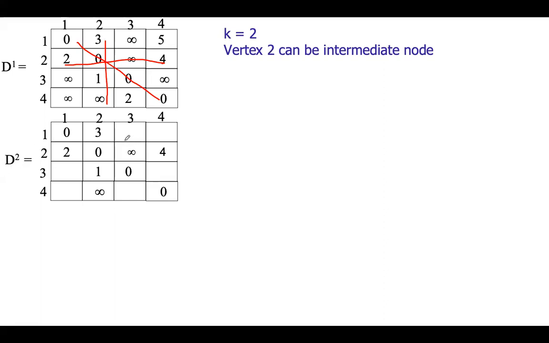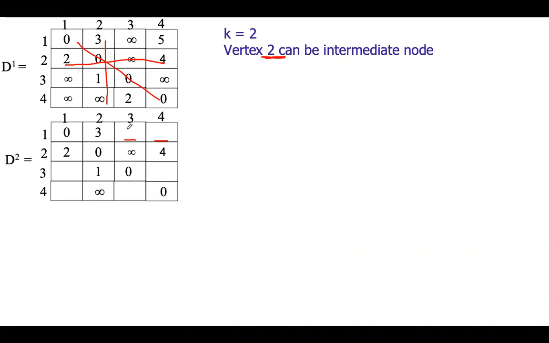Which are the blank spaces whose distance you have to find out? This one and this one: 1 to 3 and 1 to 4. First, let's try the distance between vertex 1 and 3. To find out this distance, we are taking 2 as intermediate vertex: 1 to 2 and 2 to 3. That is how we are going to find it out. In this case, 2 is the intermediate vertex, so we find the distance with the help of 2.